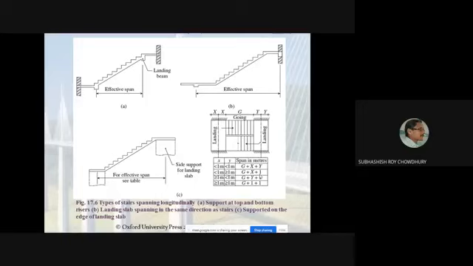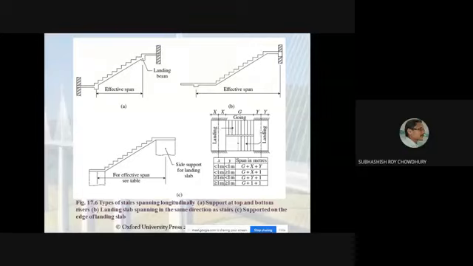So this is a particular type of staircase that has been specially mentioned in IS 456. You must know this one, how to design this one, how to find out the effective span for this one. So when you go for designing this, first of all you should design the stair slab, that means the waist slab. You should consider this is the position of the support, this is the position of the support, find out the effective span, calculate the load, calculate the moment, provide the steel, etc.